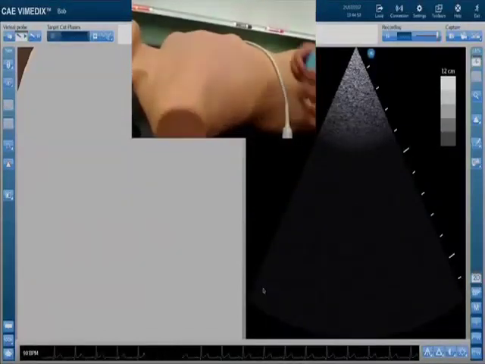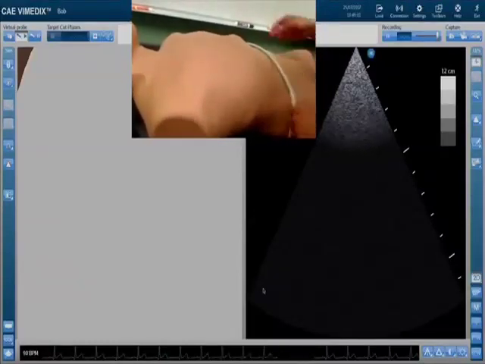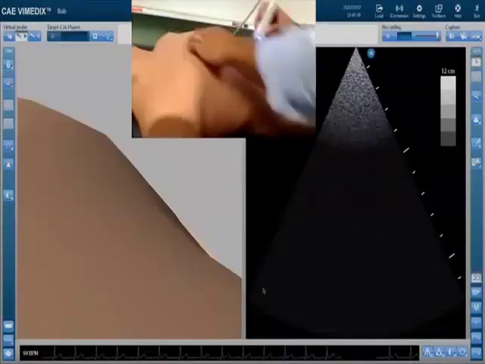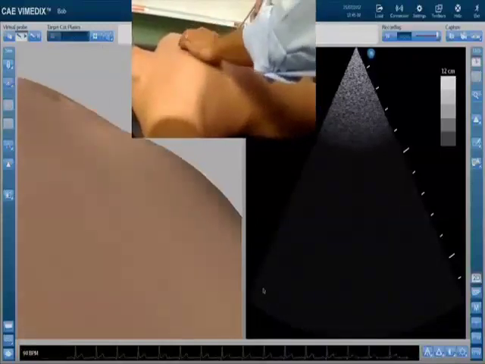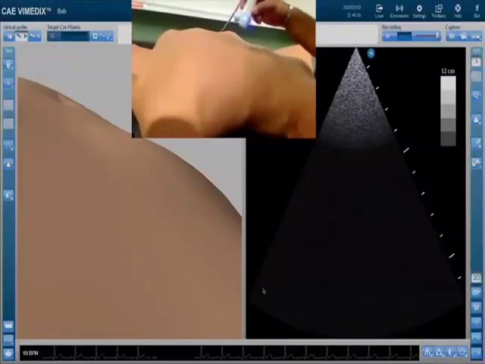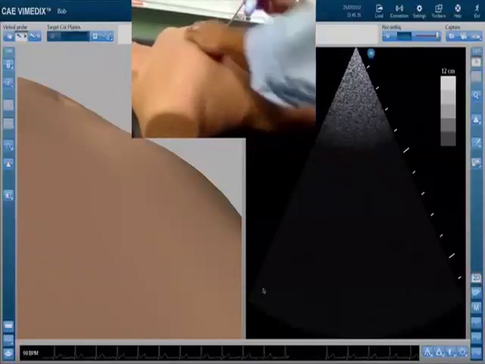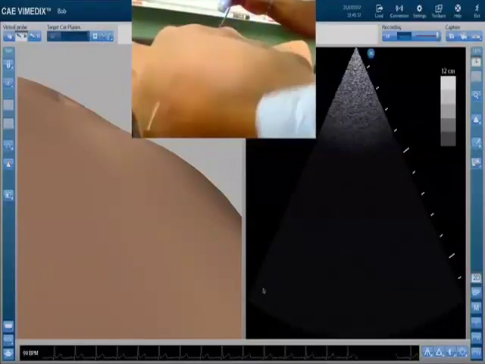All right, so for this section, we're going to review the parasternal windows, and from that window, we're going to identify two views: the parasternal long axis view and the parasternal short axis view. To obtain those views, you're going to identify roughly the third or fourth rib space of your patient. Initially, I always try to go with the parasternal long axis view to get an idea of the orientation of the heart. So the starting point for that would be third or fourth rib space, have the indicator aiming at the patient's right